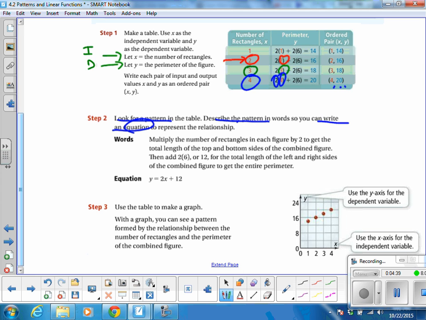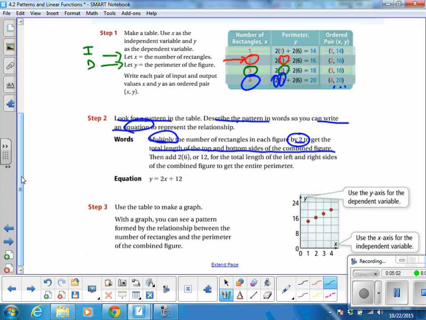And that's ultimately my goal, is to get to that equation. When I multiply the number of rectangles in each figure by 2, I get the total length of the top and the bottom sides of the combined figures. Okay. Then I need to add. So I need to multiply by 2